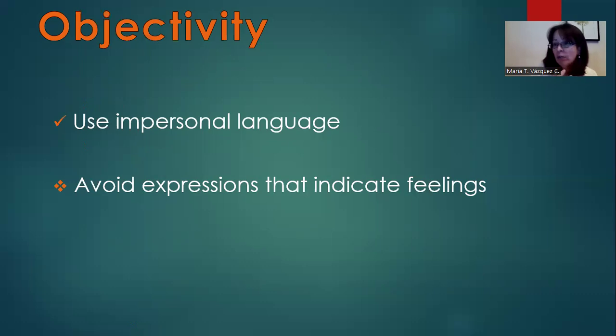And how? If we are writing an essay, for example, we should try to avoid expressions like, in my opinion, I think, I believe. They are not necessary. Don't include the pronoun I. Use, for example, passive voice or use the third person singular, plural. Because that's the way to express the same ideas, but you don't include you as a writer in the discourse.